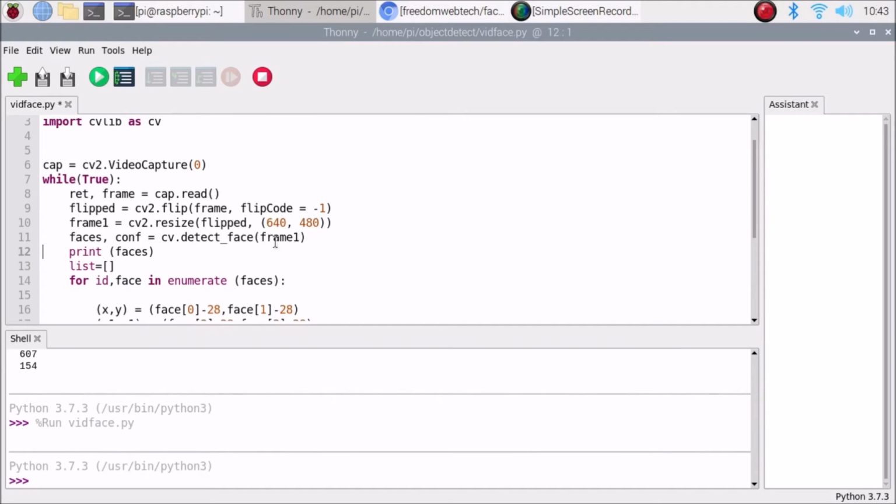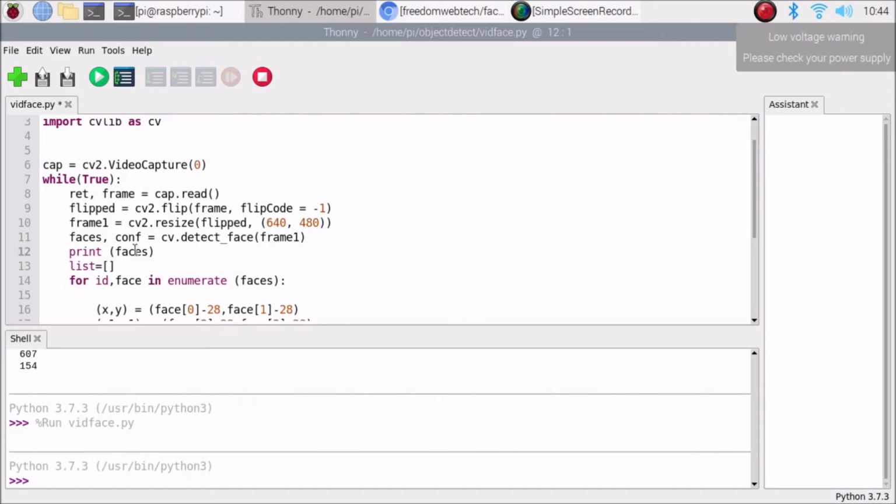Or, if you want to detect faces in images, you simply mention the image variable, because we already read the image with the help of imread. Right now we are going to use the Raspberry Pi 4 camera module live frame, so I have mentioned the frame variable. As you can see, frame1 is basically cv2.resize of the frame, and it will detect the faces. If you print the faces, that's it, we will get the face coordinates.